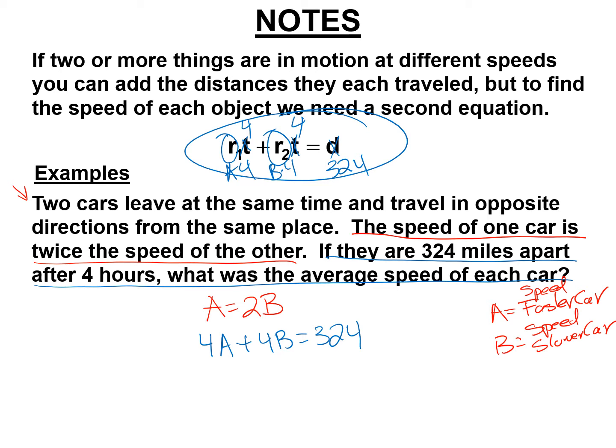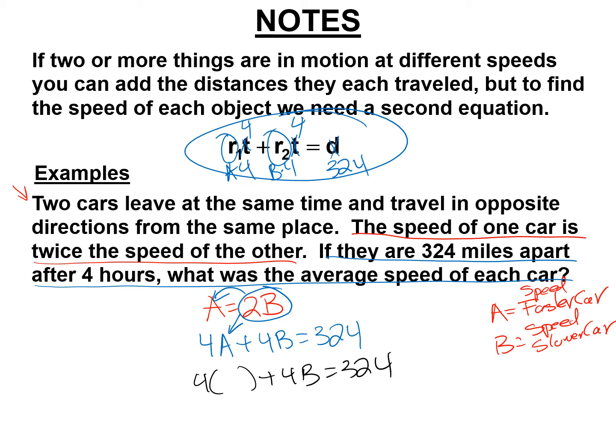All right, so let's see, can we figure out the speed of both cars? Yes, let's use substitution, right? So this 2b equals that a, so it must equal that a, right? Substitution, we're replacing that a with 2b. So let's change colors here. So we have 4, and then we're going to put 2b in there,